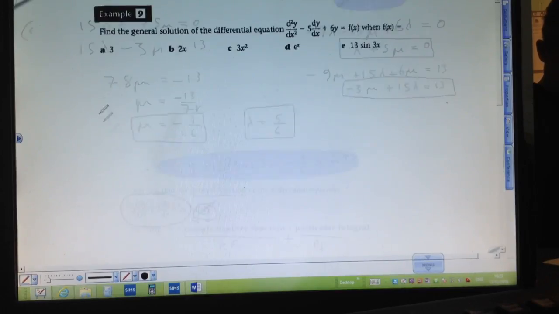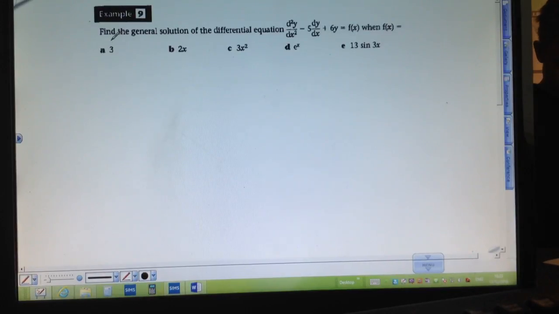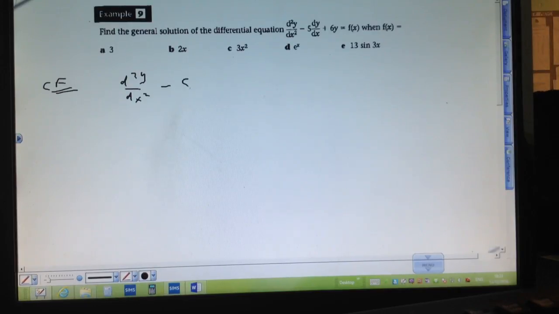Okay, so here we go. It says, find the general solution to this. Well, we now need to find the complementary function, as I've just said. The complementary function to this is, I'll write it down, d2y by dx squared minus 5 lots of dy by dx plus 6y, and the complementary function is the one where you put it equal to 0. So it's the homogeneous